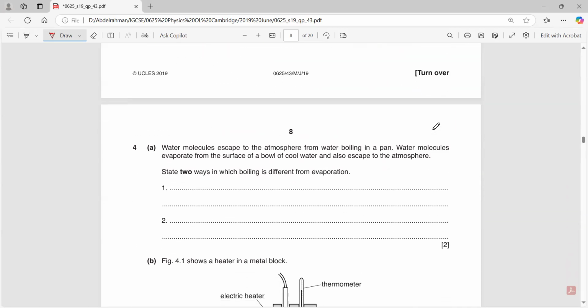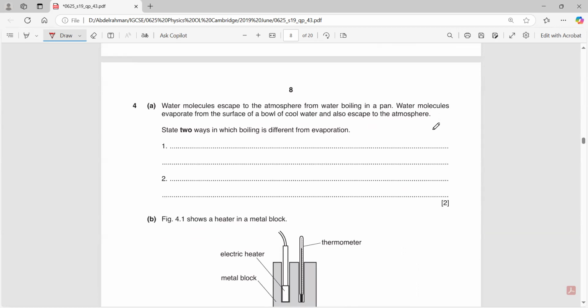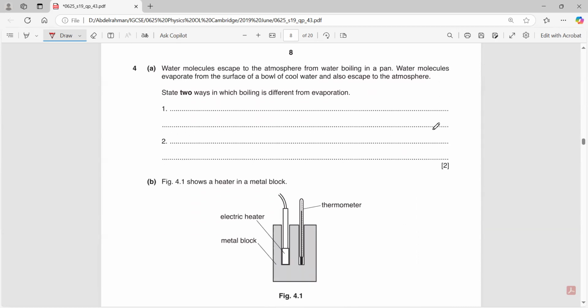Okay, moving on. Question 4. Water molecules escape to the atmosphere from a boiling pan. State 2 ways in which boiling is different from evaporation. I guess we have memorized these answers. The difference between boiling and evaporation: boiling happens throughout the whole liquid,